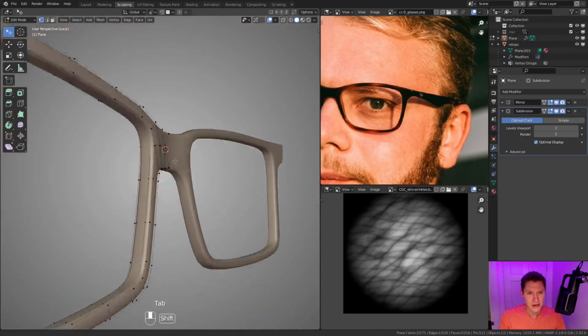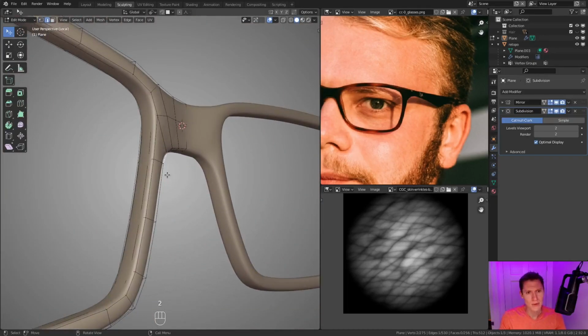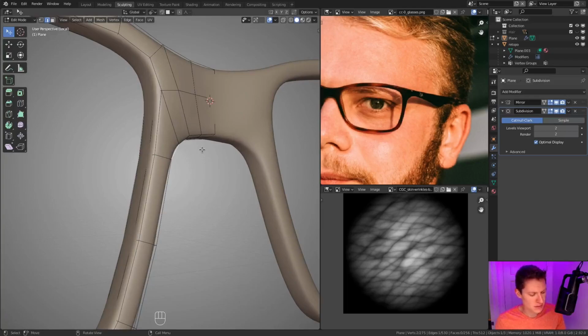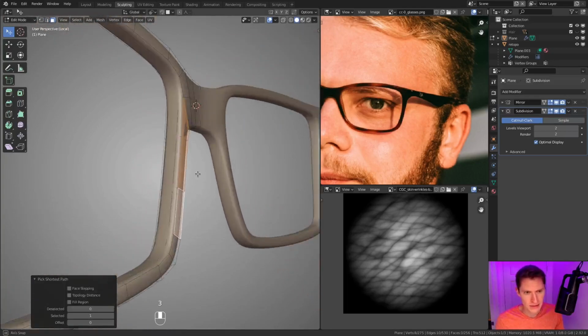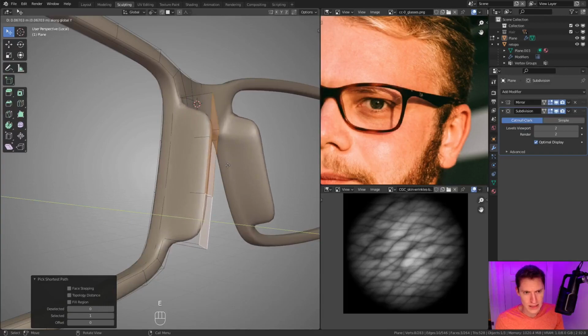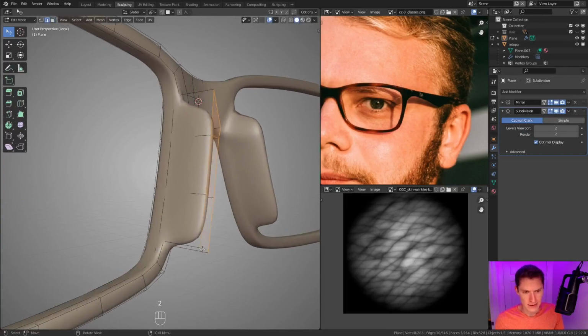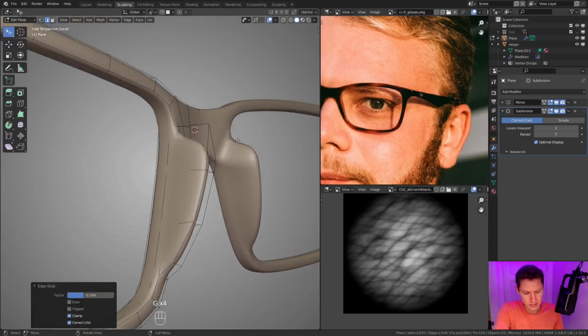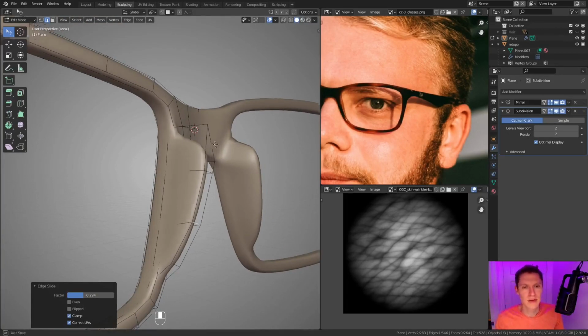All right, and then the nose support. So what we're gonna do here is first I'll show you kind of what's happening. We're talking about these guys right here. It's just like a smooth extruded piece that hugs the side of the nose to support the glasses. And this should be simple enough to just grab these faces, E extrude in Y, and then slide these up and down hitting G twice. Let me take one more look at, okay, yeah.